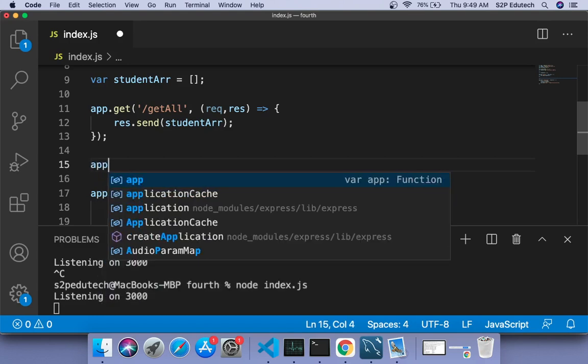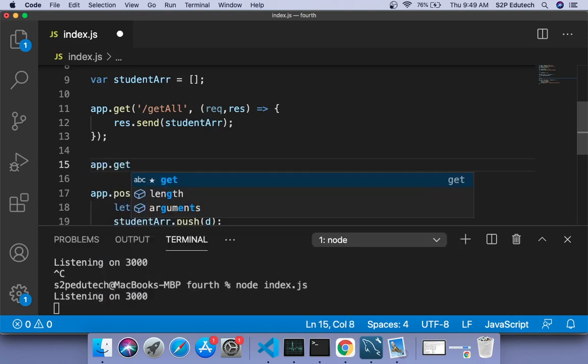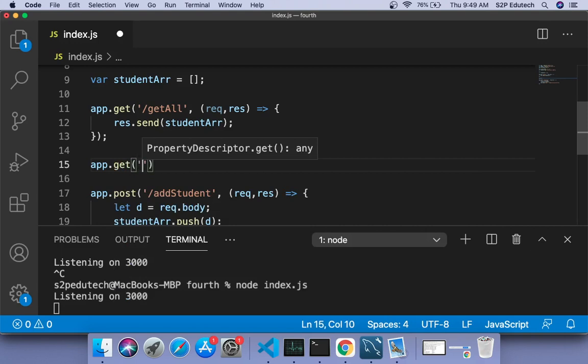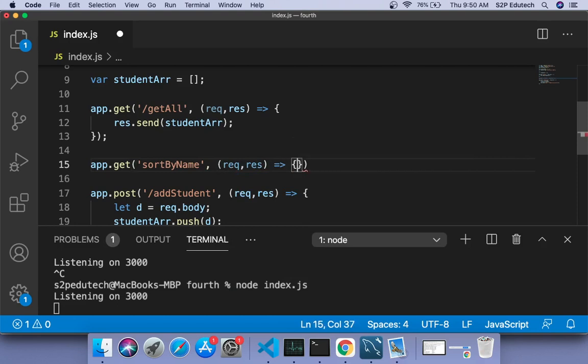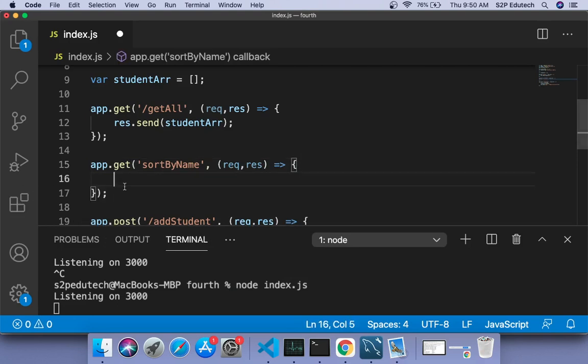So let me write another get request. I'll say app.get. I would say sort by name, and I would say again request response. And in this, what I need is this data to be sorted, right? So how to apply sort?